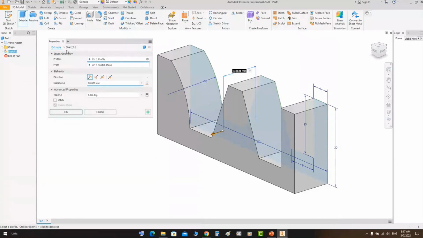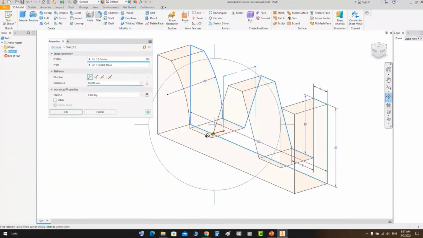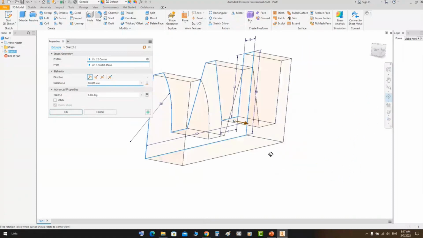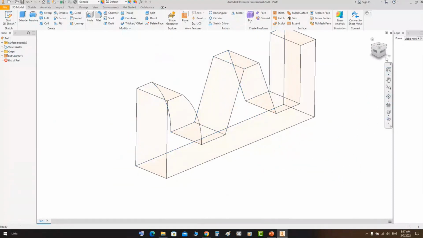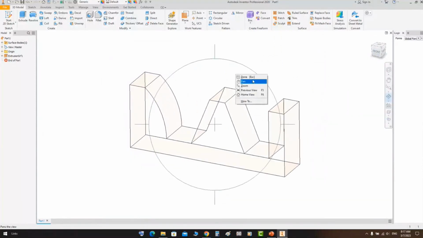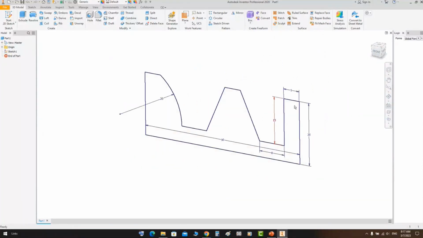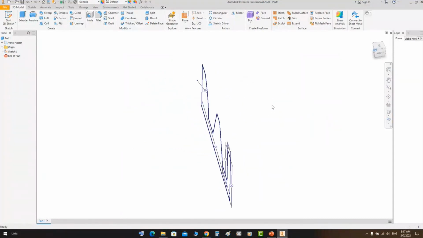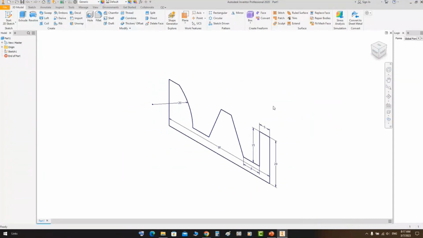Okay, and at the top here, you can change between two important things. If you would like to make a solid, just keep this icon as it is. But if you would like to make a surface, if you click on it, you can see that this body will change to surfaces. If we click OK like that, you will find it's just a surface, no solid body. Sometimes you may need to make a surface to use it to make a rib or something like that, and we will discuss that inshallah on the next